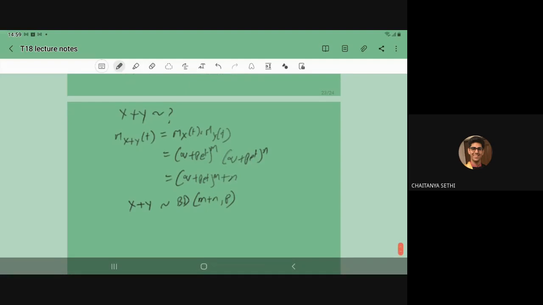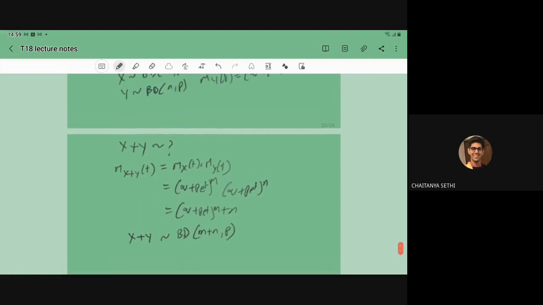Clear? Whenever we have to compute the distribution of X plus Y through MGF, the MGF of X plus Y is nothing but the product of the MGFs of X and Y. That logic we have to use. Actually, it is a question of the joint distribution, due to which I left it in the previous class. Presently, you don't have the idea of the joint distribution. This formula is new to you.